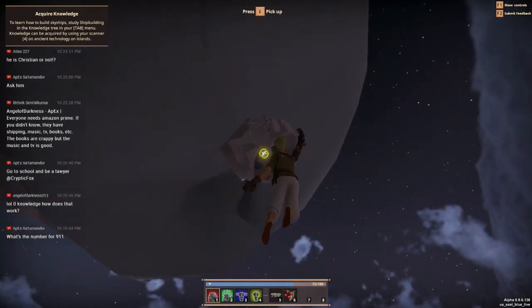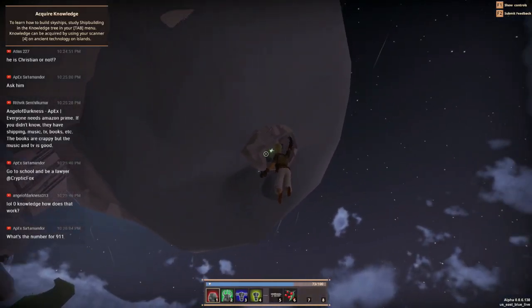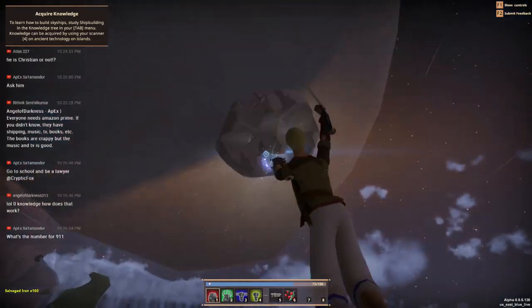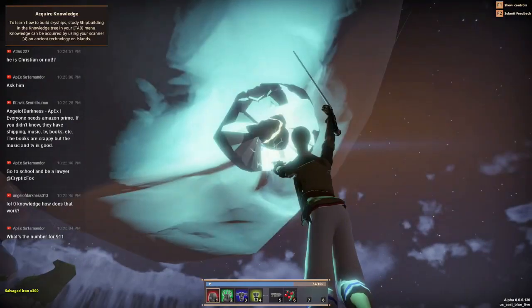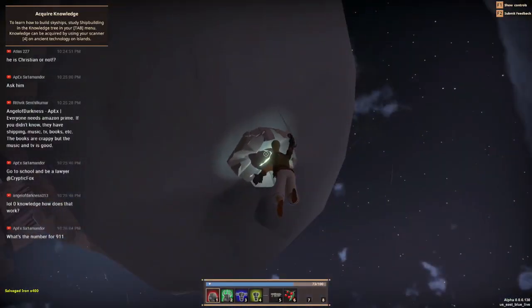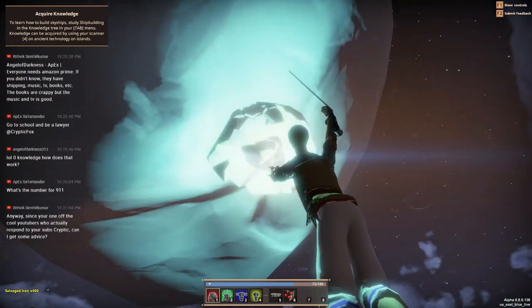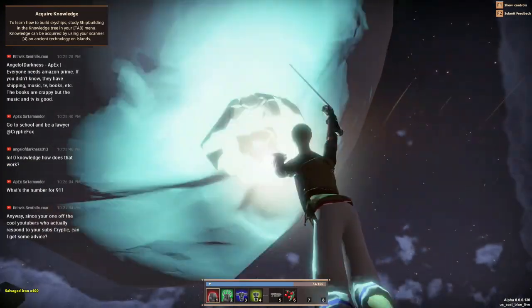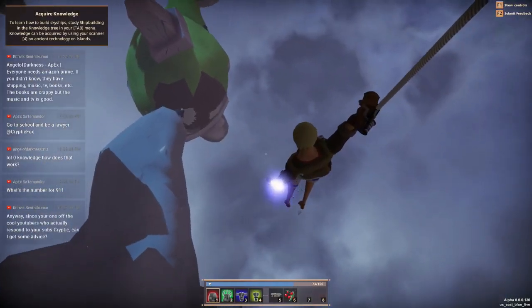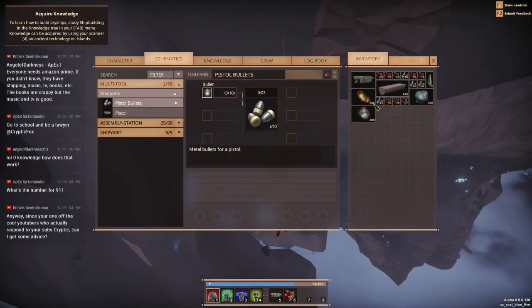What is that? I don't know what that is. Pick it up. Oh, iron. Cool. We got a good chunk of iron out of this thing. Oh, there's one more. Get it. No, can't aim at it. All right, so we've got...